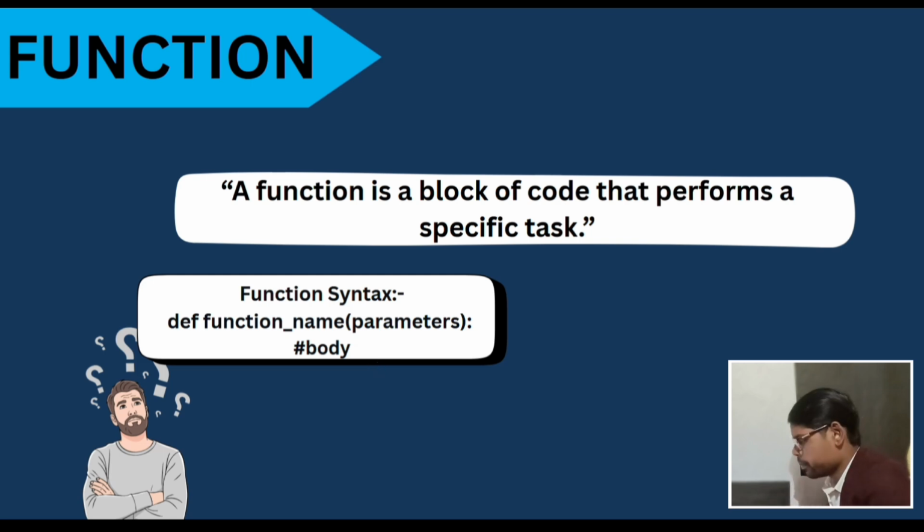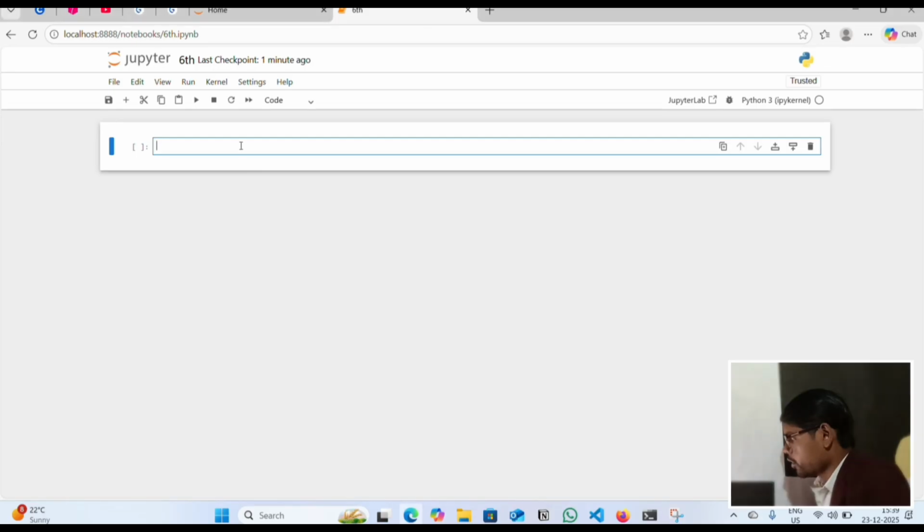Let us see an example. I will create a function. First def. def is a keyword to define a function. Next, the function name, so I will use add. Then brackets to enter parameters.